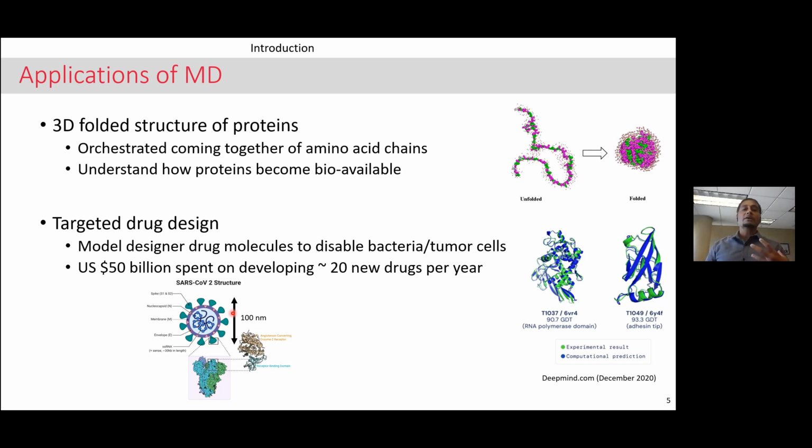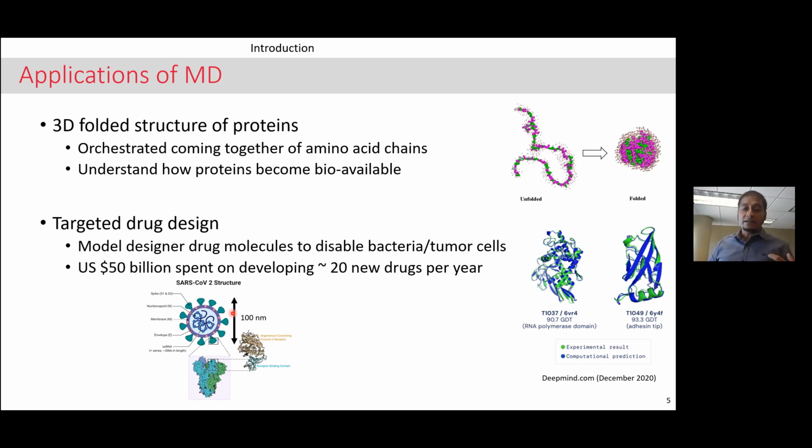So why is that advantageous? Because if I know that certain drugs work in a simulation environment, then I can begin to start developing those drugs in a lab and then start testing them out on petri dishes of bacterial cells or tumor cells and things like that. So this is the first step towards drug development. This is how pretty much every single drug is developed. And of course, there are a whole host of other applications as well.